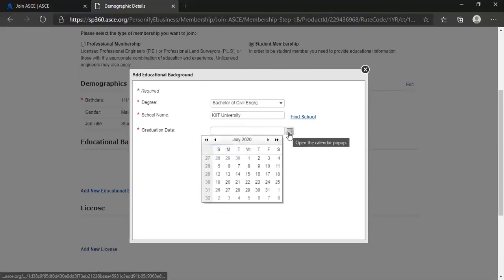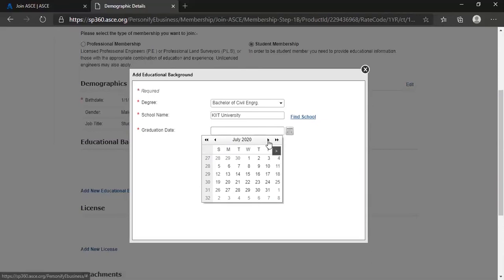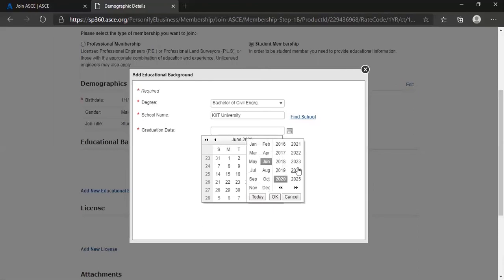and for the graduation date you need to fill the date when you'll be passing out from your college. So in my case, let's say as our semester falls in April, I'll fill it as maybe June, and also not 2020, let's say in my case 2021.